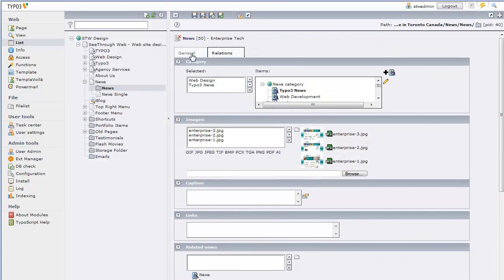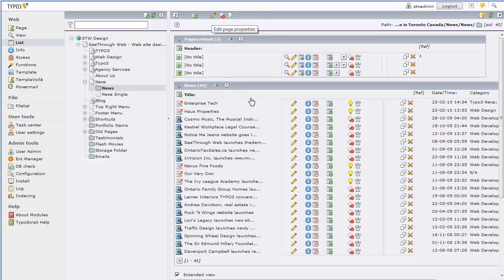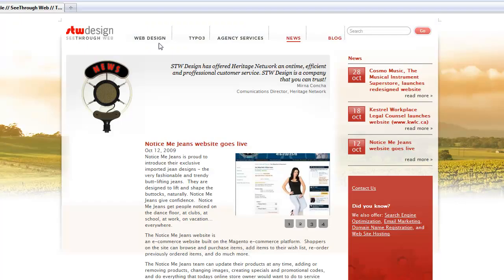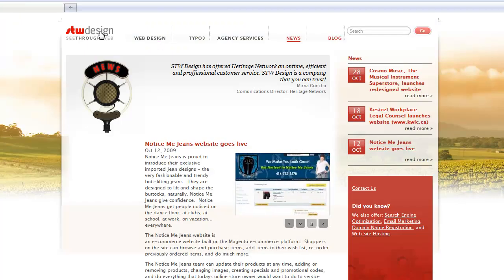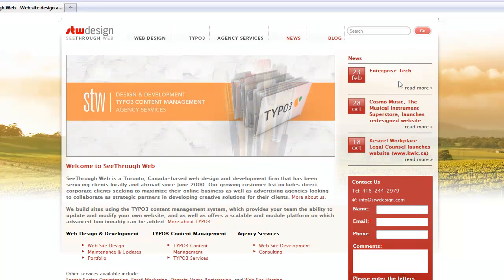Let's go back over to the General tab, and it was a hidden article, so let's save and close it. That will save my changes, and let's unhide it by clicking on the light bulb. And then just to be safe, I'm going to clear my site cache, and then go back and look at the website. Let's go to the home page, and you can see it's now shown up at the top of the latest items. It's got the right date and everything.